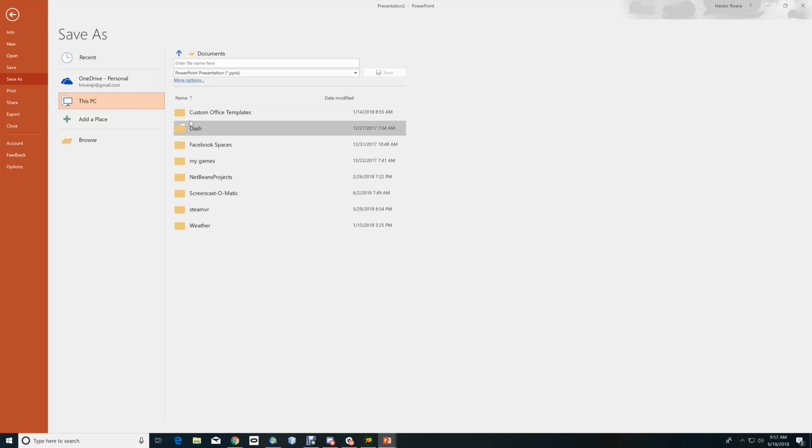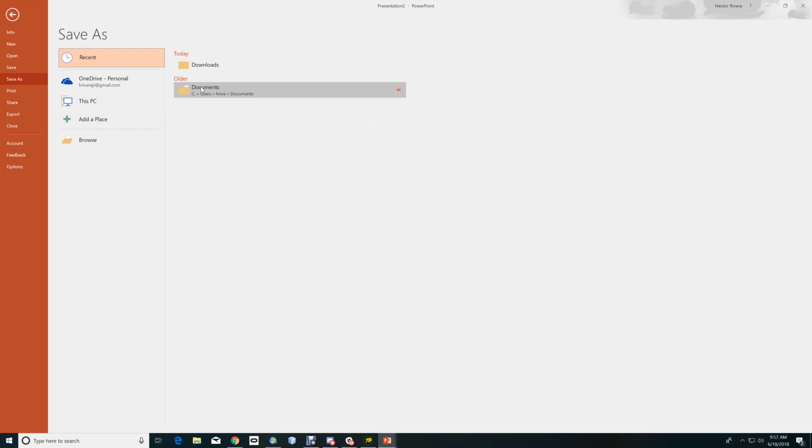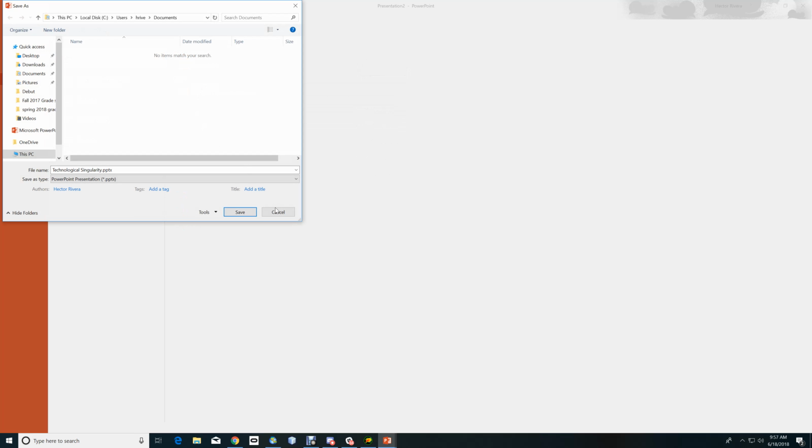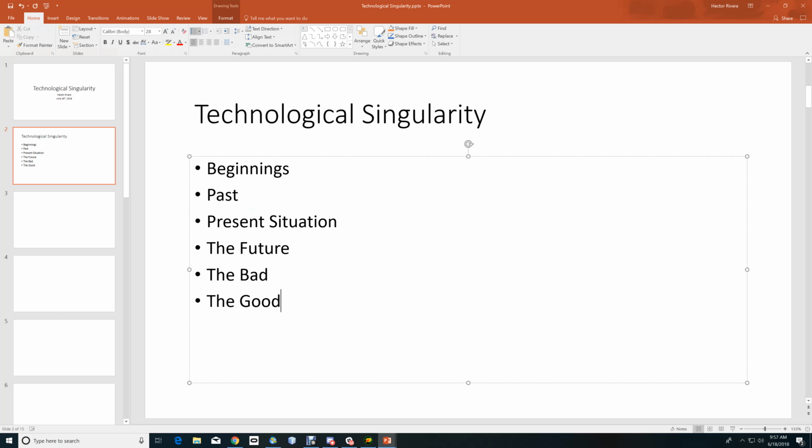Let me save it in Documents, and I'll just see what the name is. Okay, so you want to save it often because things can go wrong. All right, so